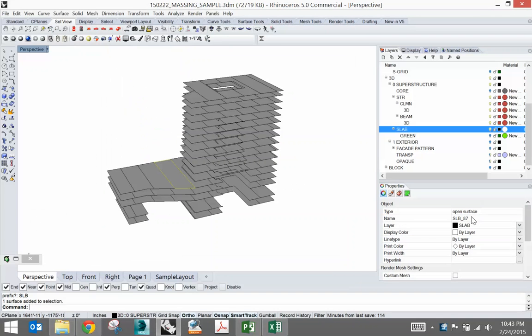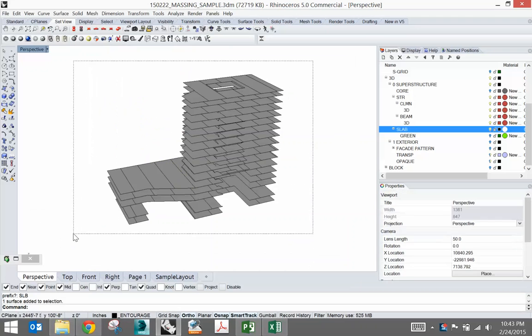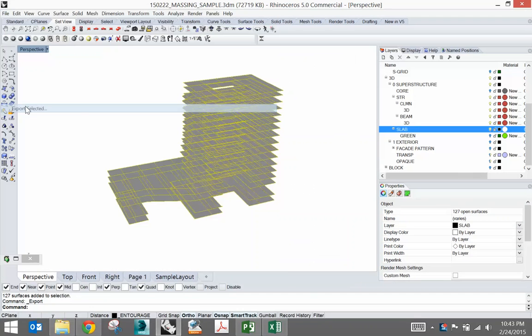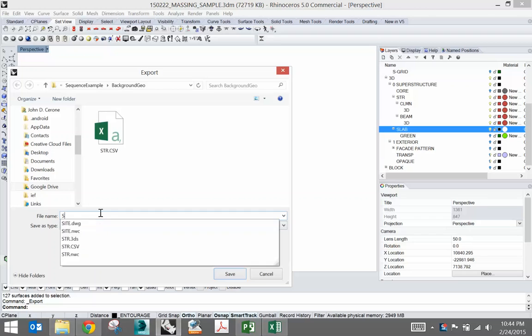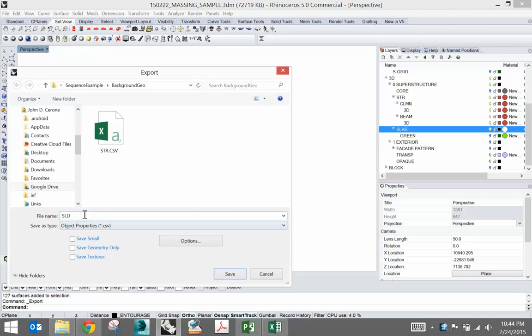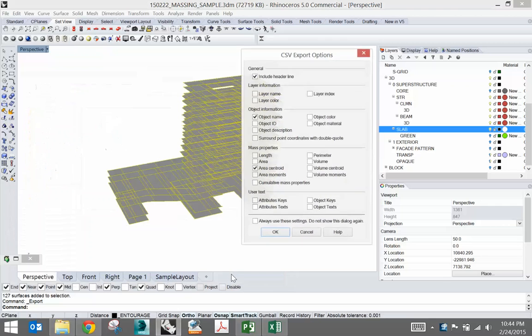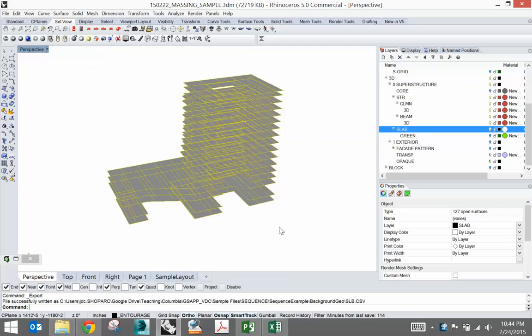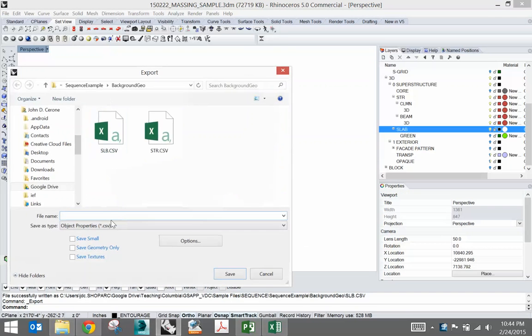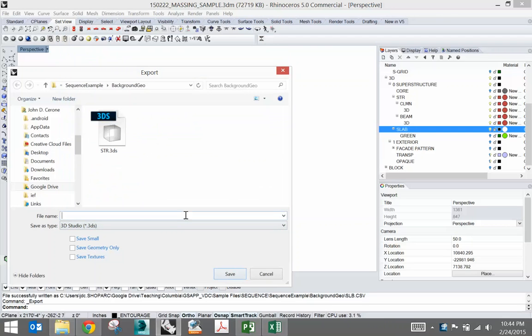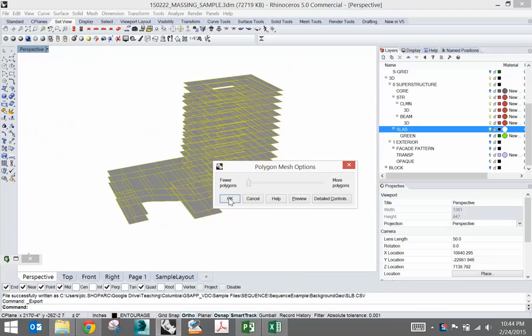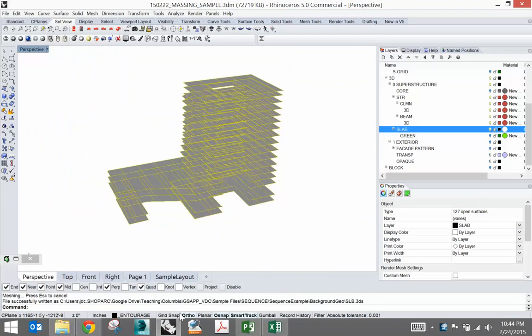We'll see again, named somewhat randomly. We will export selected. This time, since we already have that set, we know we need the object property file. So SLB, save. That's set to the previous settings, OK. And we'll also export selected as the 3ds file again. SLB, OK. And again in Navisworks,